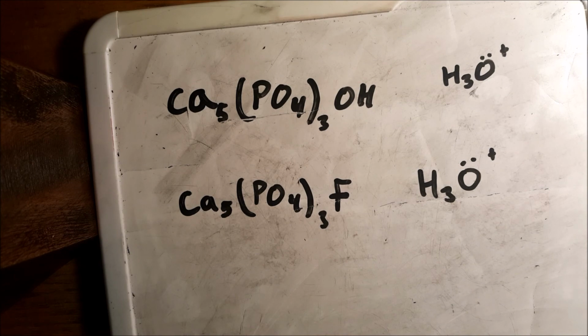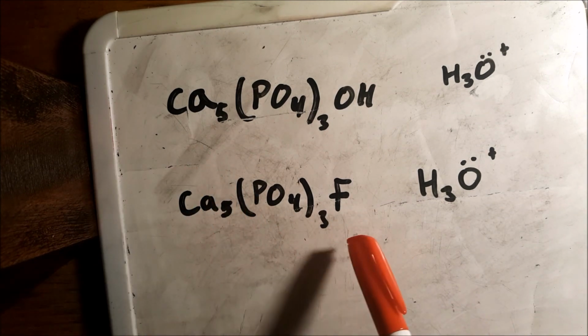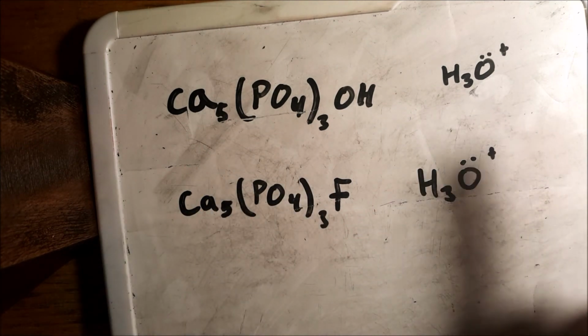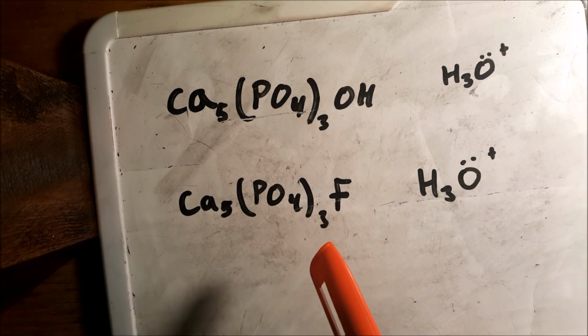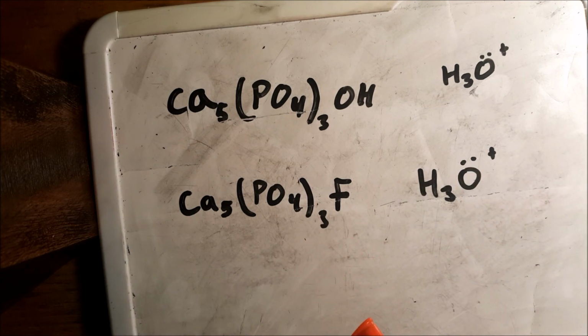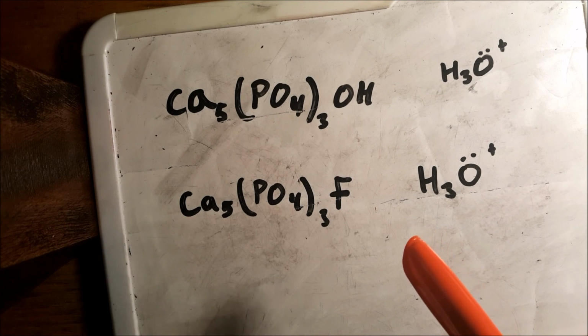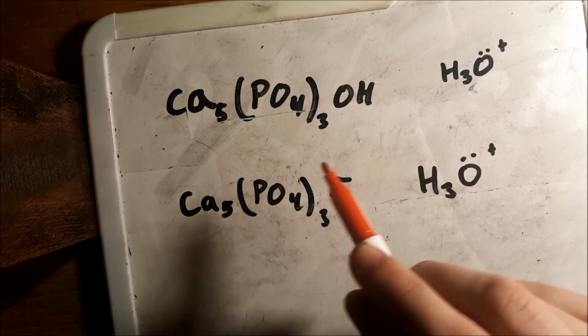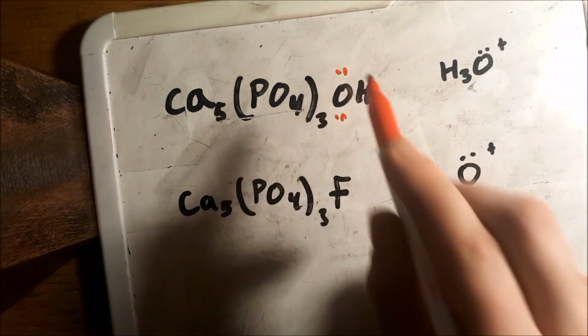I can tell you why. The chemical on top, that's what your teeth are normally made of. You see that oxygen, the OH group? What water fluorination does is switch that OH group with a fluorine. What's so good about that? Well, what happens when you have an OH group and an acid? Say you're drinking Coke with citric acid in it. What's going to happen? It's going to protonate that OH group on your teeth, and then